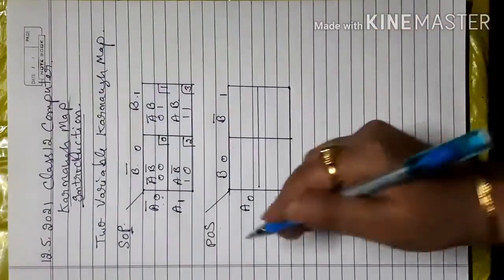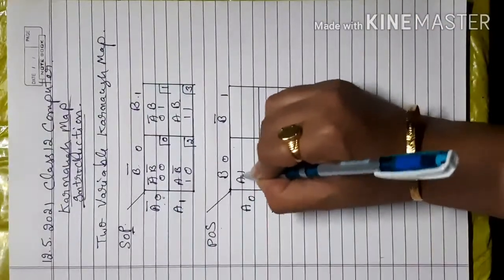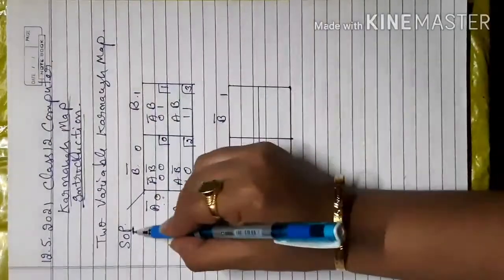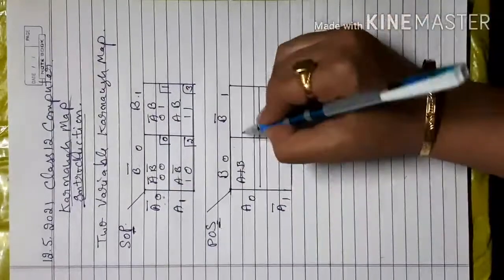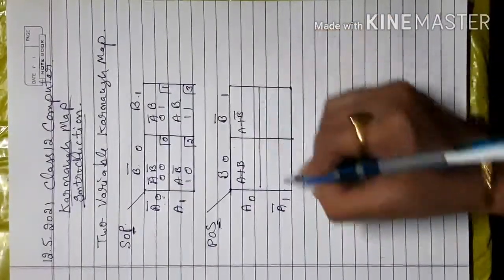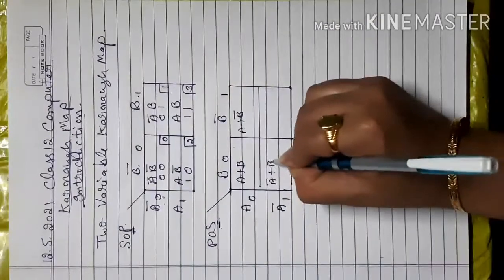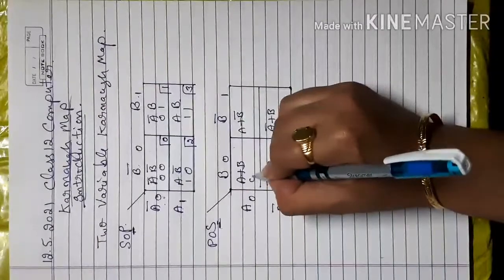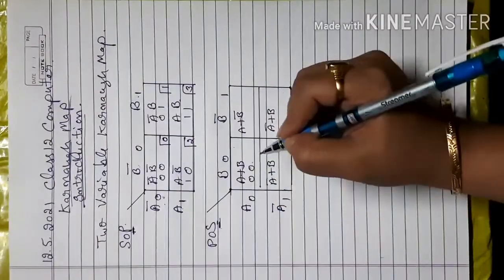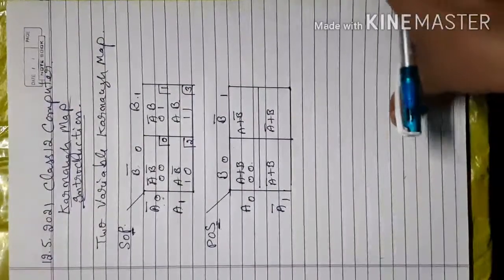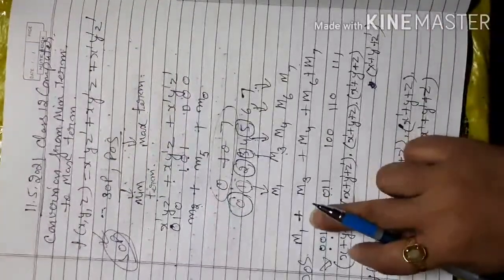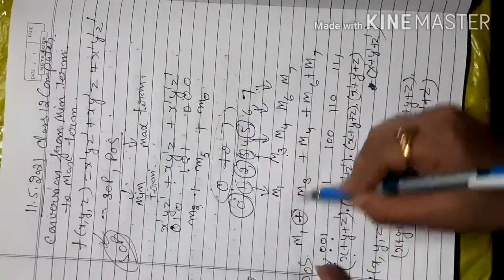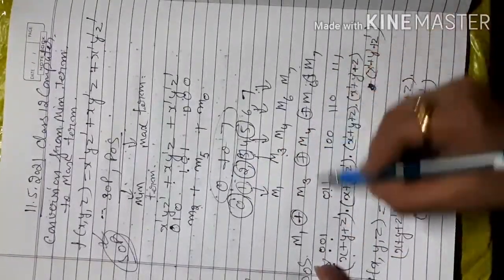When you write here, this will be A plus B, because here is a sum and there is a product. Whatever the last variable shows, you have to do it here, like A plus B complement, A complement plus B, then A complement plus B complement. When you join this one, this is the 0 0 form. In the last video also, when we wrote M1, M3, M4, M6, M7, for understanding only I wrote it with plus, but actually it is multiplied.